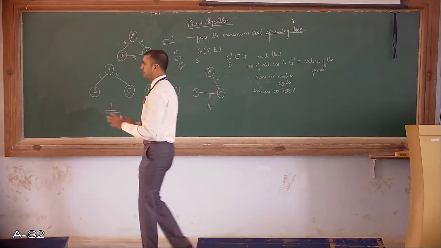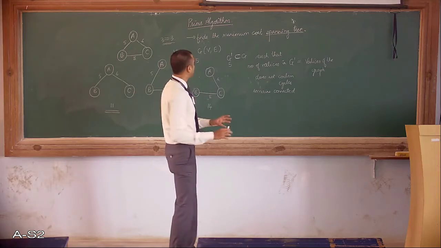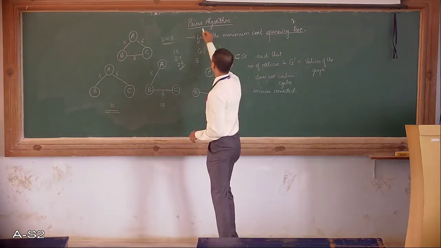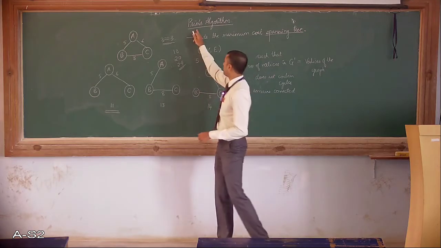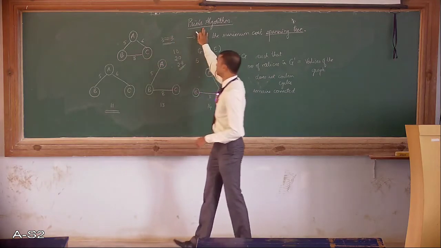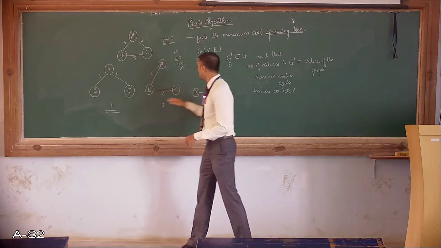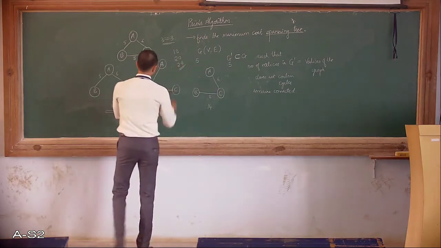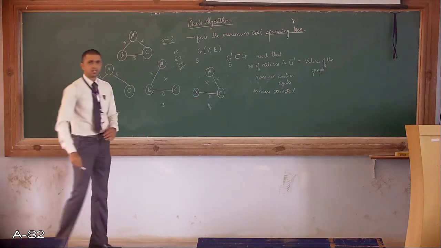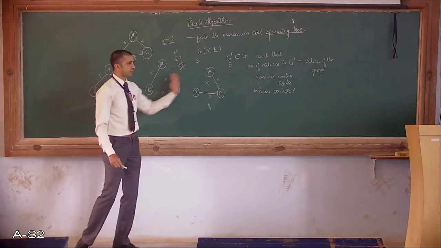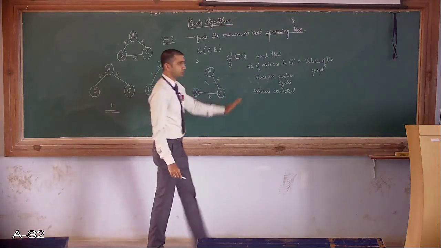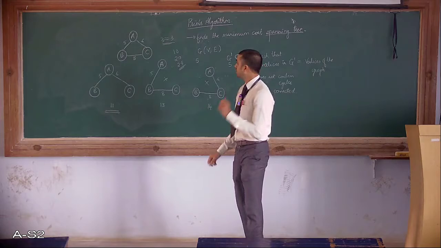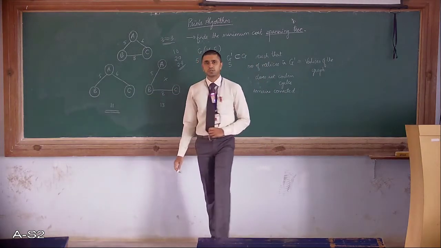So what we'll do is employ a certain method. That method is given by a person called Prim. That is why it is called Prim's algorithm. So we'll employ the method given by this mathematician, and we will generate a minimum cost spanning tree. So we will not consider these two, which are giving us the maximum cost. So we are filtering out certain spanning trees. One proven method will be used, and we will generate the minimum cost spanning tree.